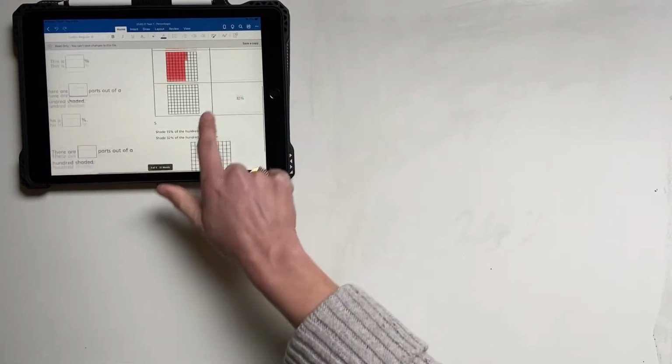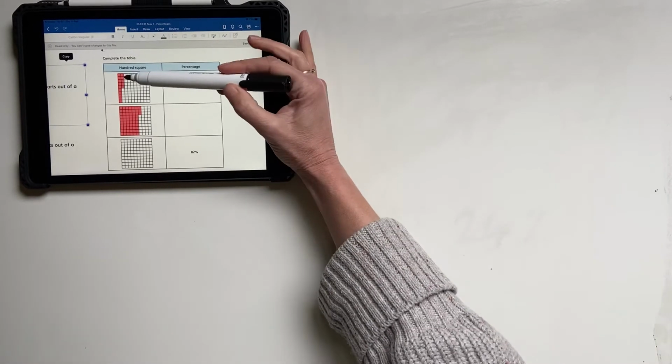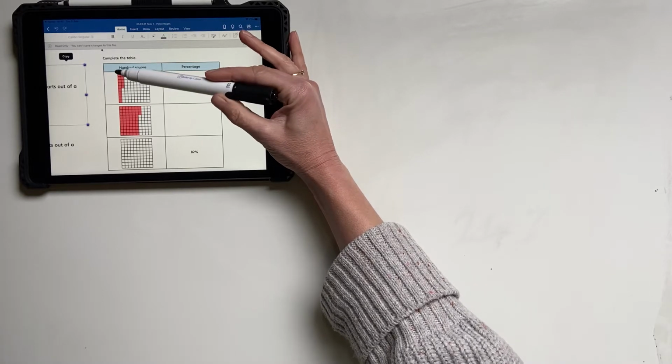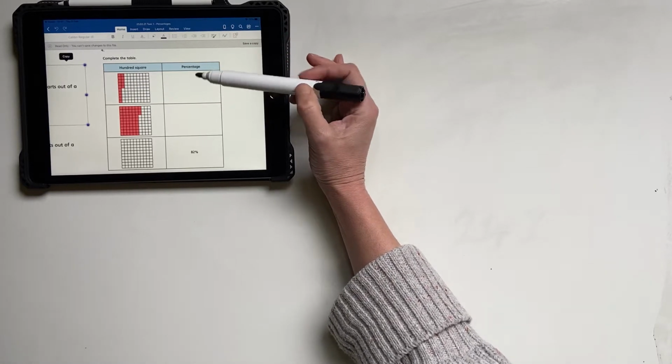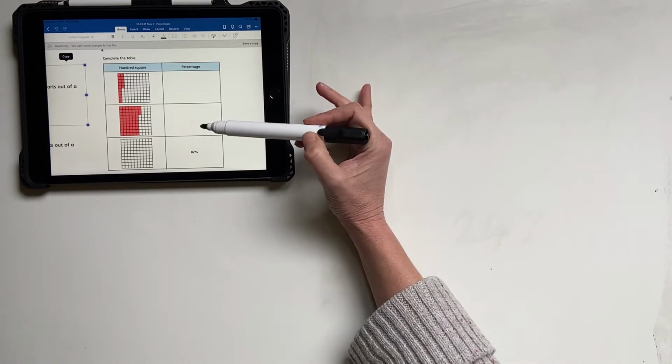So, question 4. Again, how many parts out of 100 is shaded? So count how many parts and then tell me the percentage. How many parts are shaded here? And then write the percentage. Here,